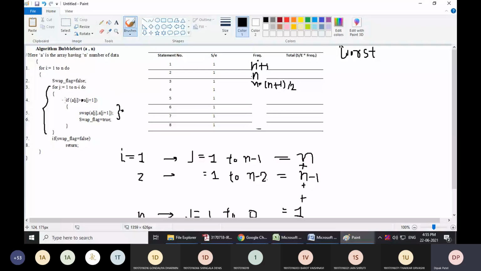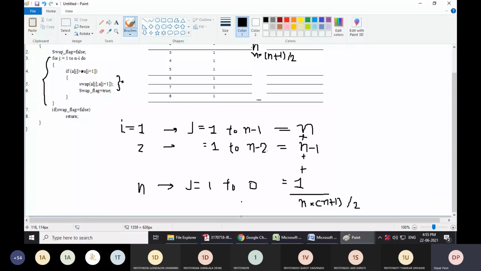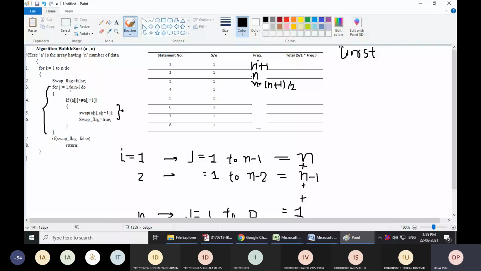Now the fourth statement, the if condition. That will be executed every time control goes to the inner for loop, and as it is inside the inner for loop, we can directly say that it executes one less time corresponding to each iteration of the outer for loop, compared to the third statement.